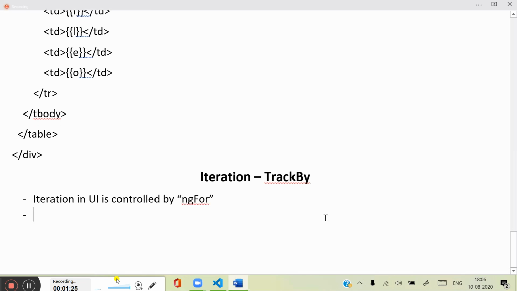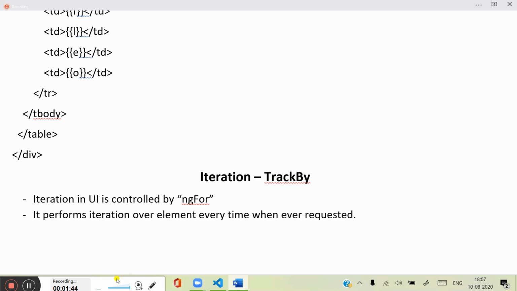So it performs iteration over elements every time whenever requested. Technically, it performs iteration over all elements every time,